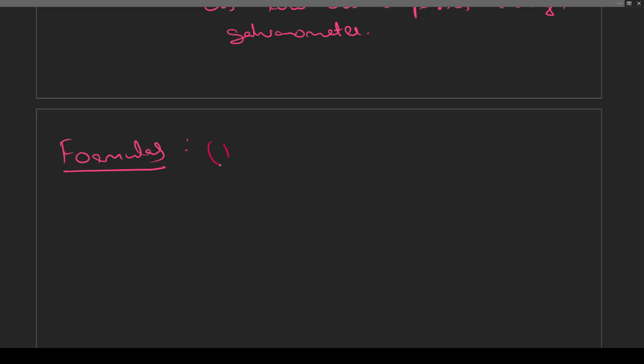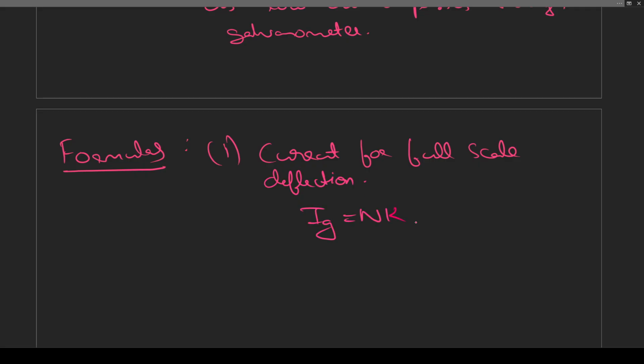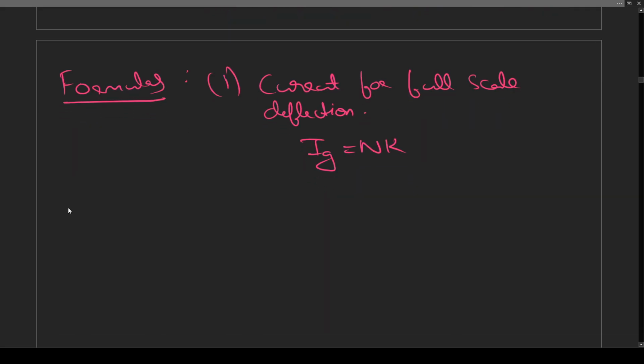First formula: current required for full scale deflection, Ig, which is equal to Nk, where N is the number of divisions on either side and k is the figure of merit of the galvanometer. Second, for the high resistance, okay, we understand that